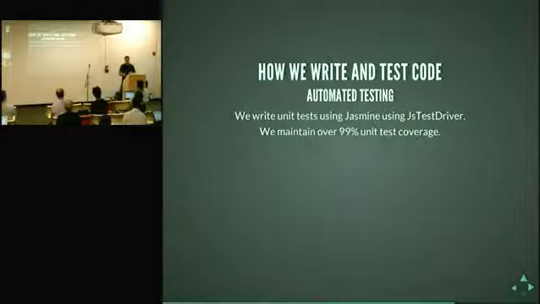I also think that some of the problems that we've had with JS Test Driver are symptoms of having a lot of tests. I think this worked much better when we had 200 tests, 400 tests, but now that we're in the thousands of tests, we need to examine some other ways of doing it. But still, the one benefit of this model is when you do run tests, you can run them simultaneously on multiple browsers. Our automated unit tests are run on pre-submit, so every time we attempt to submit code, the full